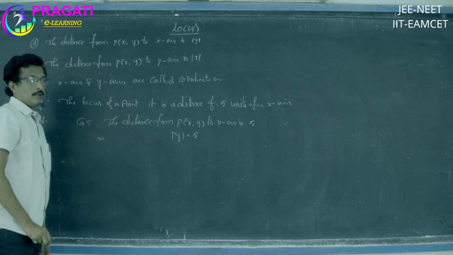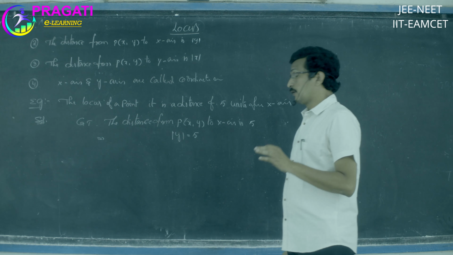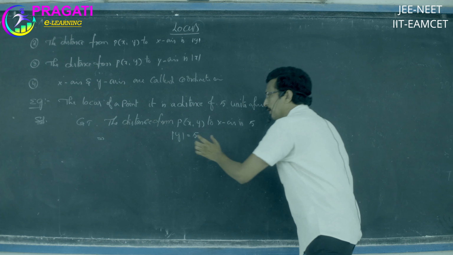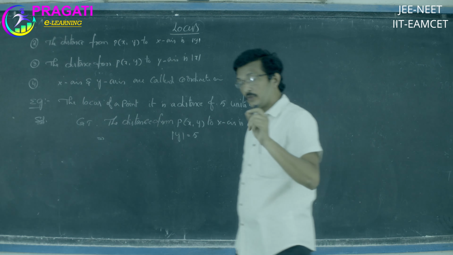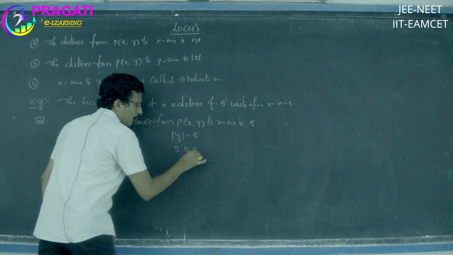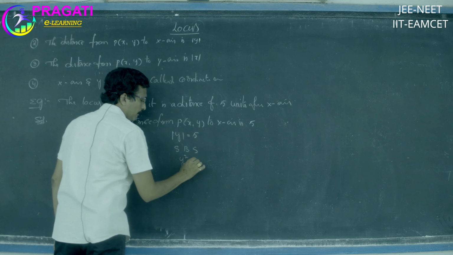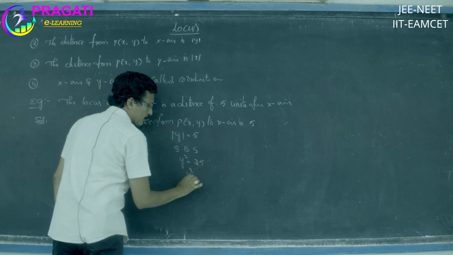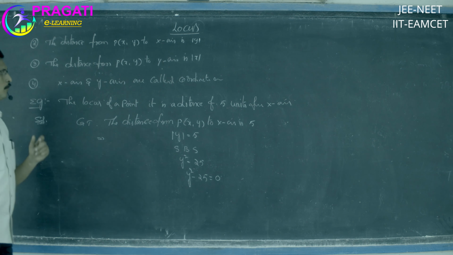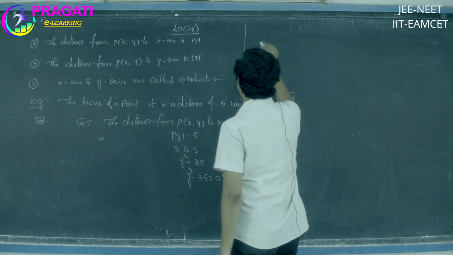Here you observe that, already you know that the required locus equation is free from radicals. Radicals means here mod is also one of the radicals. To remove it, how to remove it? Here squaring on both sides. Mod y whole square can be written as y square and 5 square can be written as 25. So the required equation is y square minus 25 is equal to 0. And one more problem is on this model.